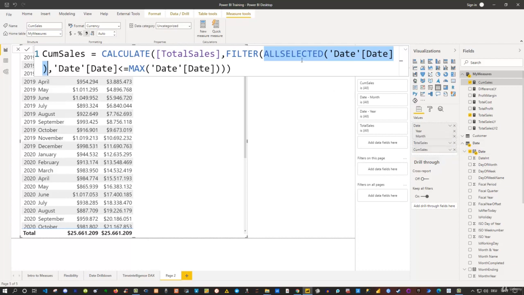But then we say we want to filter this table, so the complete dates table, which we get here, we use the filter function to filter this table based on an expression, a new argument. And this new argument expression is this one here. So we make sure that we take into account all the dates from the dates table, but then we filter this dates column back by this expression. And this expression refers to the specific date column in this date table, and this should be less or equal,